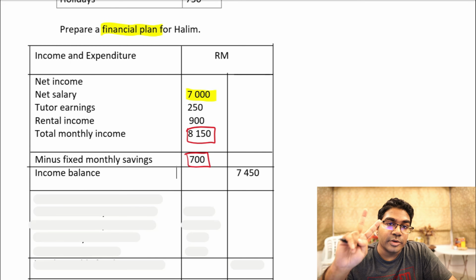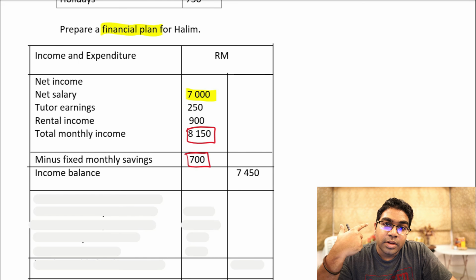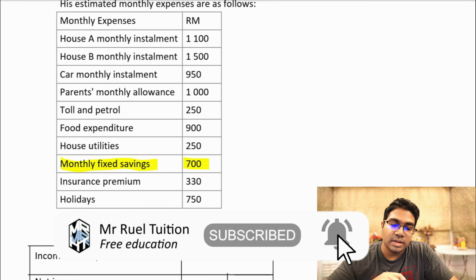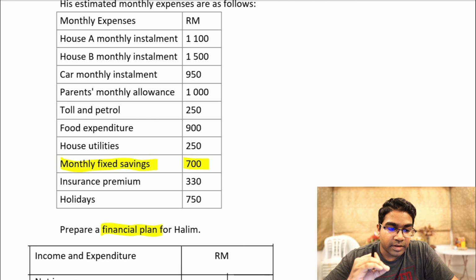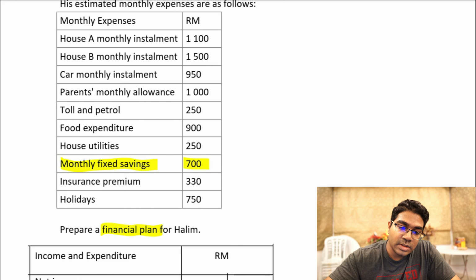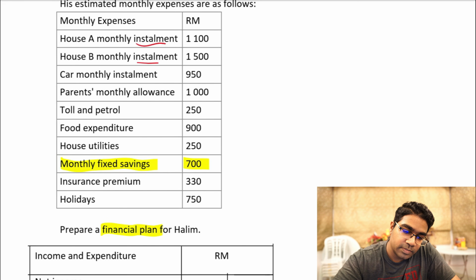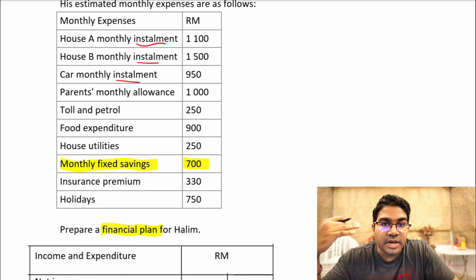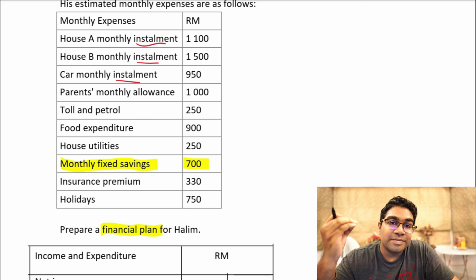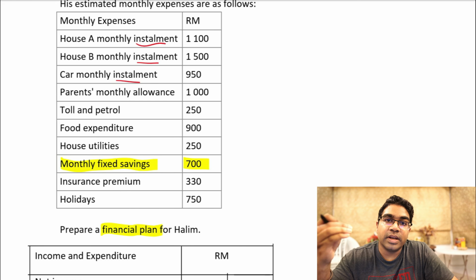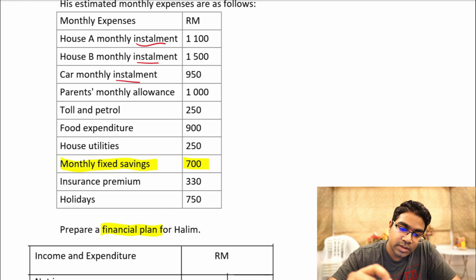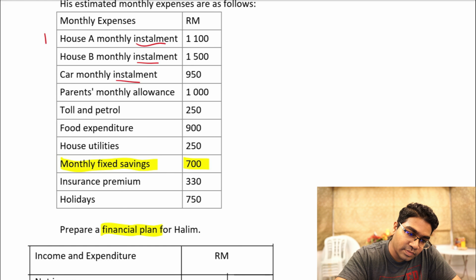And expenses is divided into two. That is either fixed expense or variable expense. So let's look at the list of expenses and classify them as either fixed or variable. I'm going to use F for fixed and V for variable. House installment. Whenever you see the word installment, installments have to be paid regardless of the financial situation. And so these are fixed expenses. They have to be paid every month. The amount is the same. So whenever you have property installment, this is fixed, house is fixed, the two houses are fixed, and the car